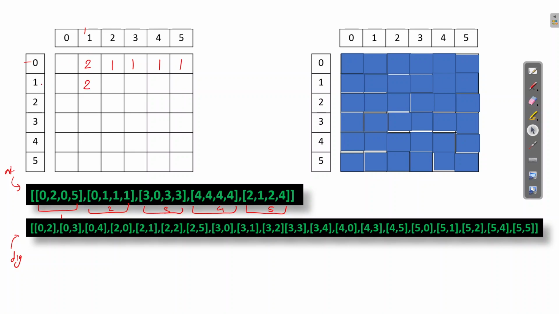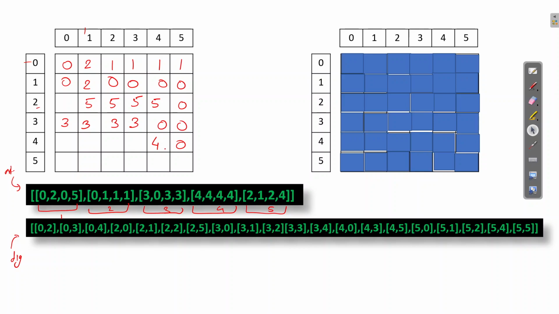Now from 3 0 till 3 3, we have the third artifact. The fourth artifact is at 4 4, and the fifth artifact is from 2 1 to 2 4. These are it, and everything else is initially 0. So this is what we have.